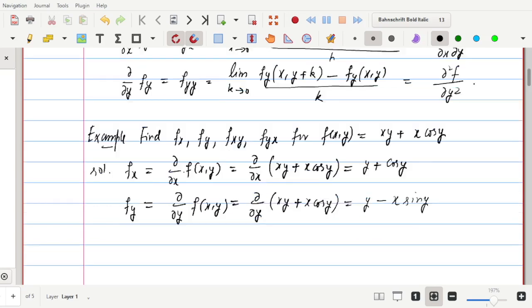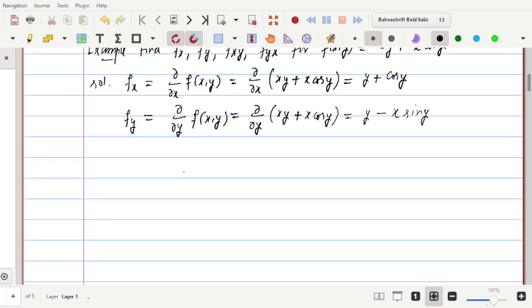because x is treated as constant. Now therefore we can take fxy, which we can take as del by del y of fx. So therefore this is equal to del by del y of, now fx, as we have already defined it as y plus cos y. Now derivative of this function with respect to y is 1 minus sine y. And finally